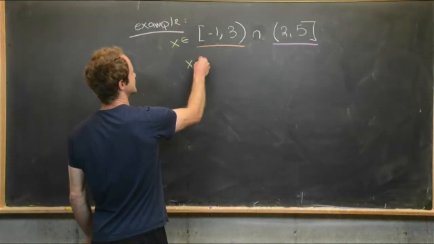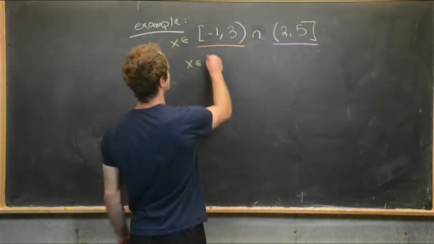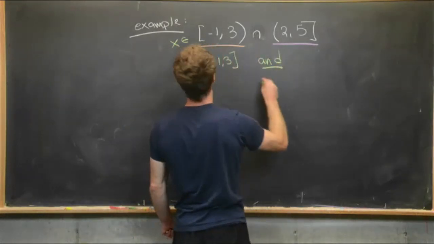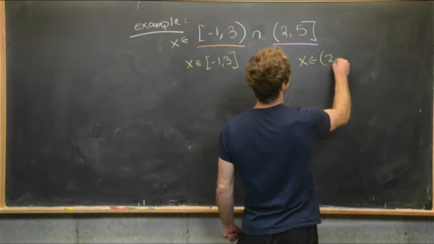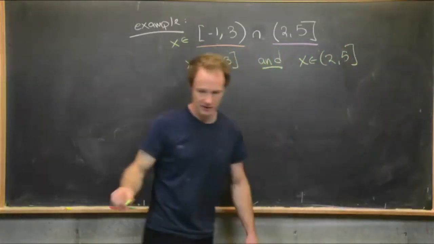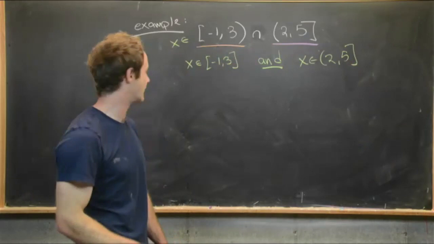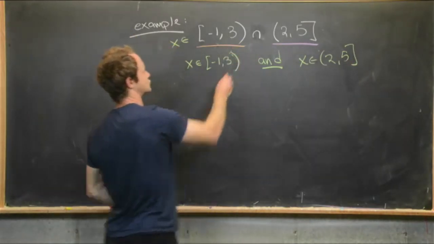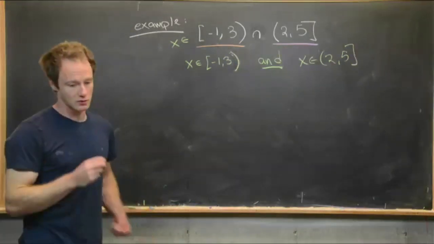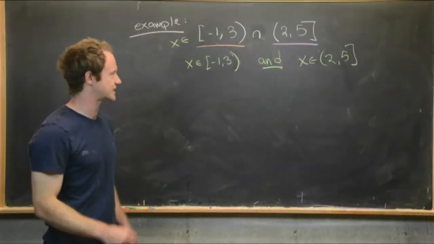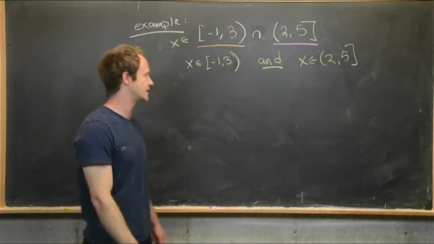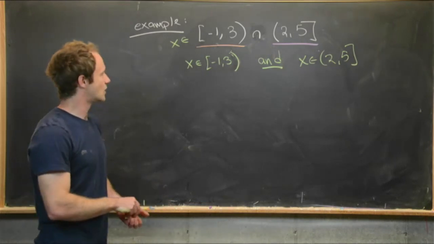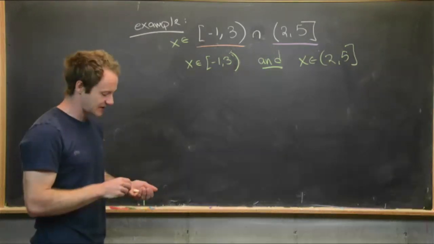If x is in (-1, 3) and x is in (2, 5], where we have the appropriate brackets and parentheses. Sorry, I missed a bracket, there we go. So an "and" statement is more restrictive than an "or" statement. I would go ahead and do the same kind of thing that we did before,